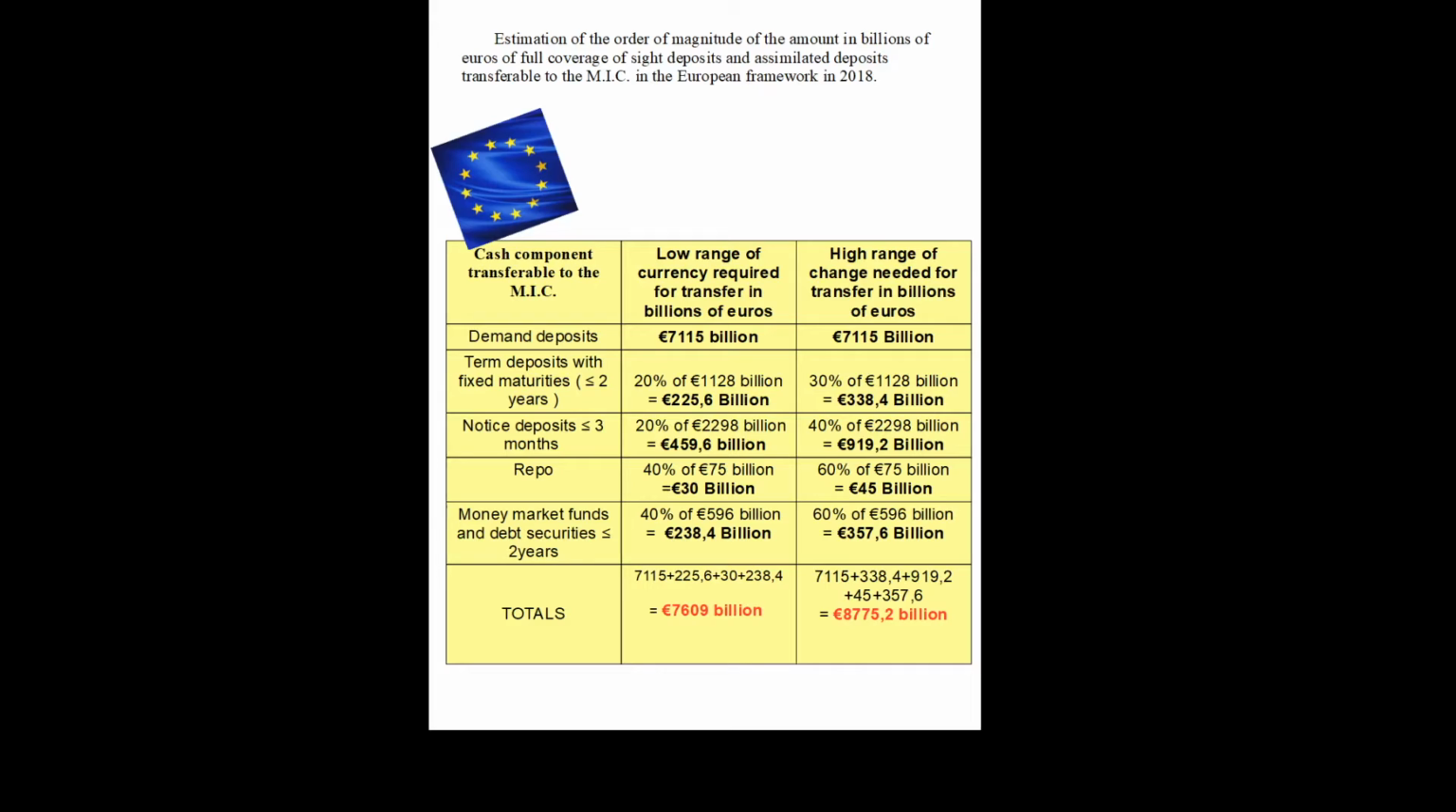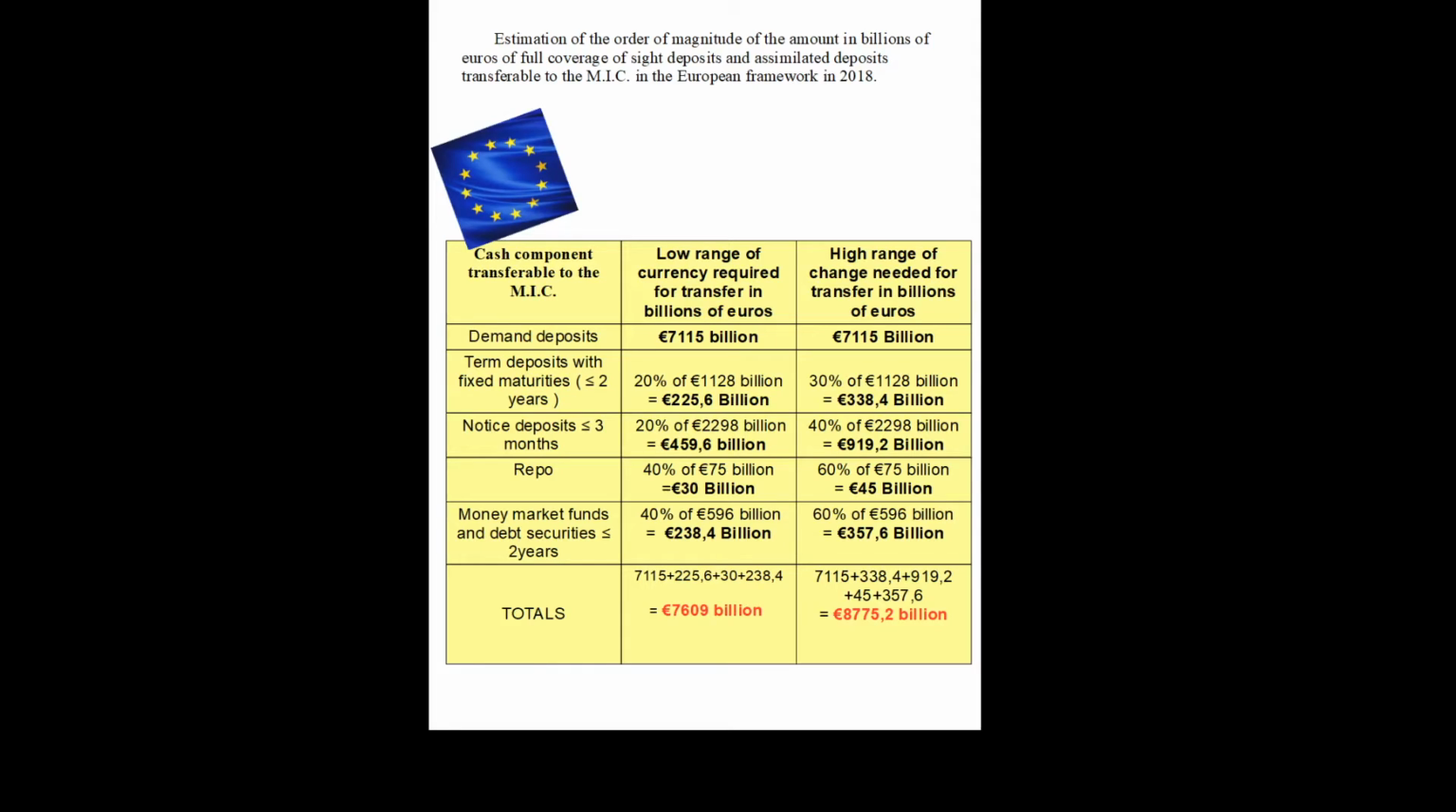40% of €596 billion. That is €238.4 billion. 60% of €596 billion. That is €357.6 billion for the upper range. Let us add all this up and we find, for the low range of currency needed for the transfer, €7,609 billion. For the high end,